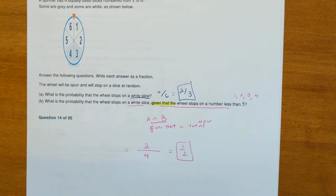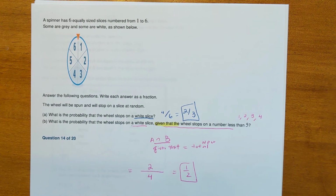All right, 13. A spinner has 6 equally sized slices numbered from 1 to 6. Some are gray and some are white. Letter A, what is the probability that the wheel stops on a white...